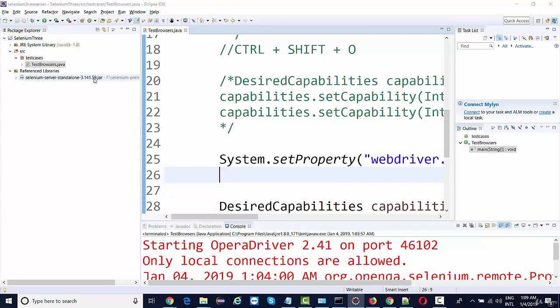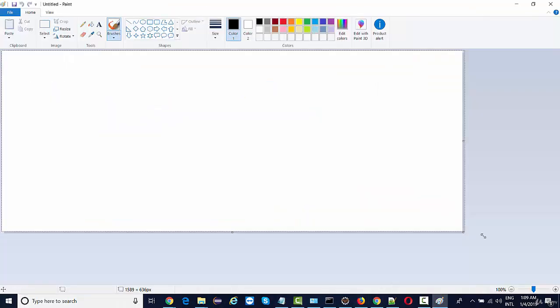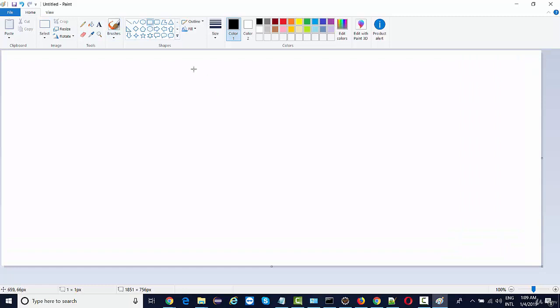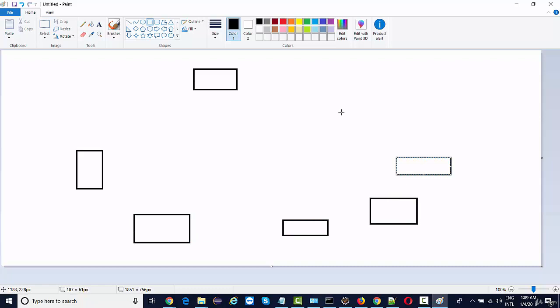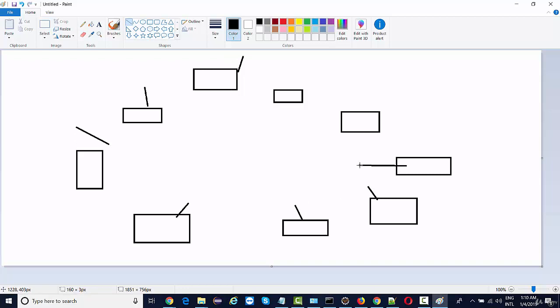But what if there's a team of 100 testers working on the same project? Let me take an example. This is a very important thing to understand. Let's say in an automation team there are 10 different testers working, could be 10, could be 15. And each tester is responsible for automating their individual module. One is automating the first module, then the second, then the third, and so on. All the testers are assigned their own modules for automation.